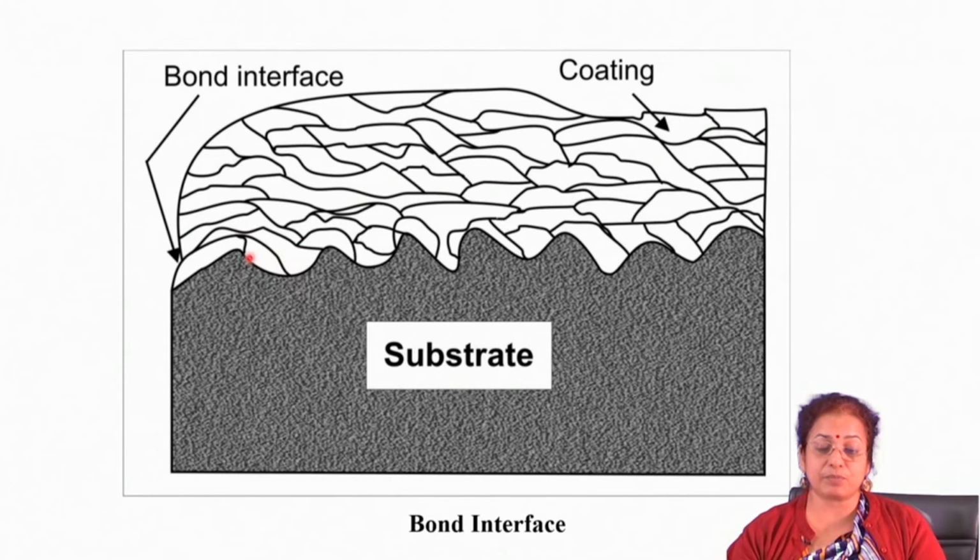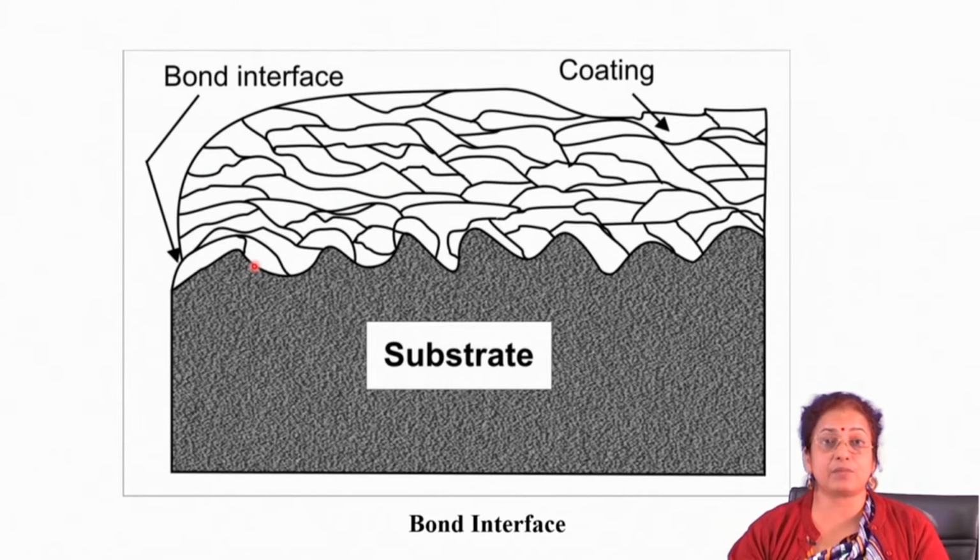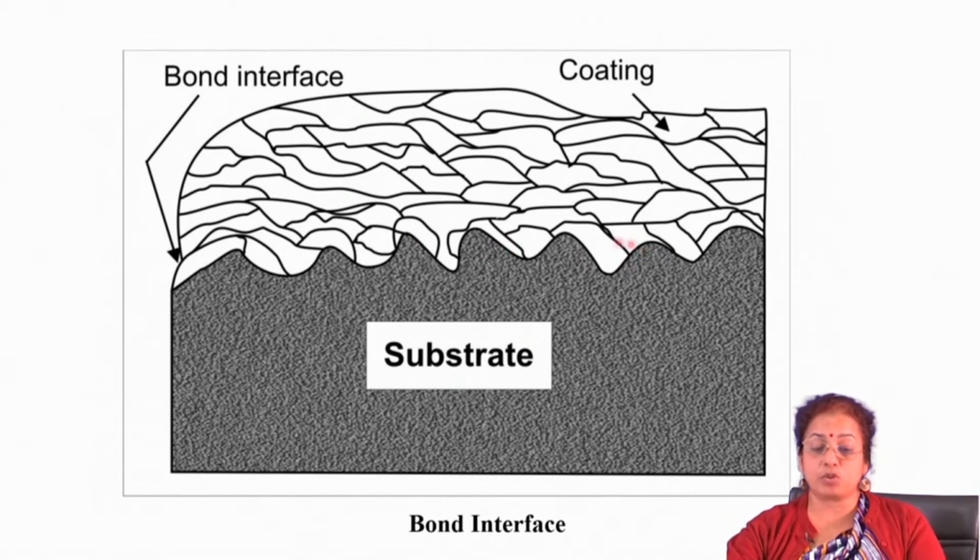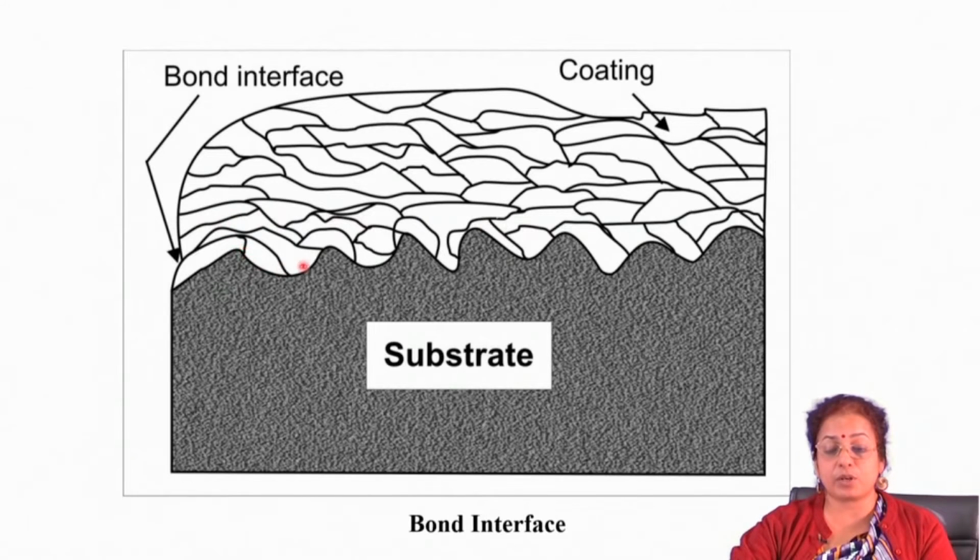If there is a gap or incomplete impingement, then you will not get adequate strength in the interface. So, for adequate strength and properties of the coating, it is essential that the particles get impinged nicely at the surface of the substrate to have proper bond strength, because the mechanism of bonding is usually mechanical